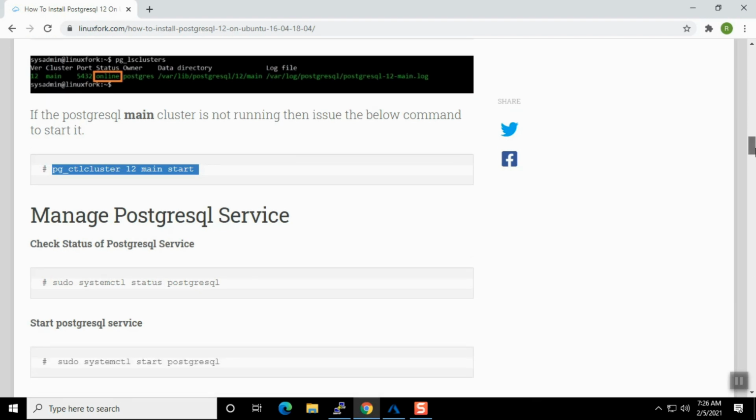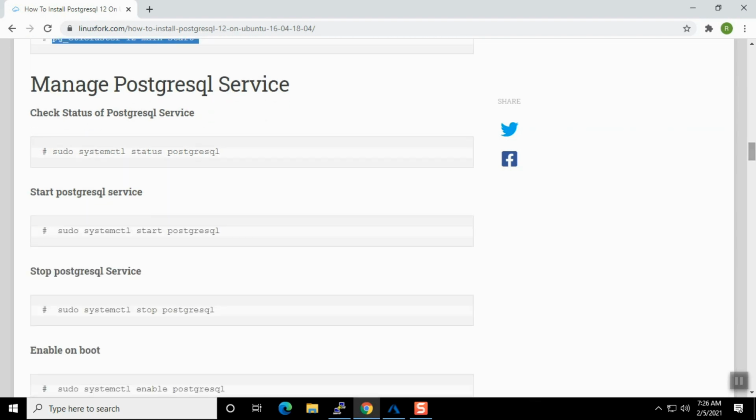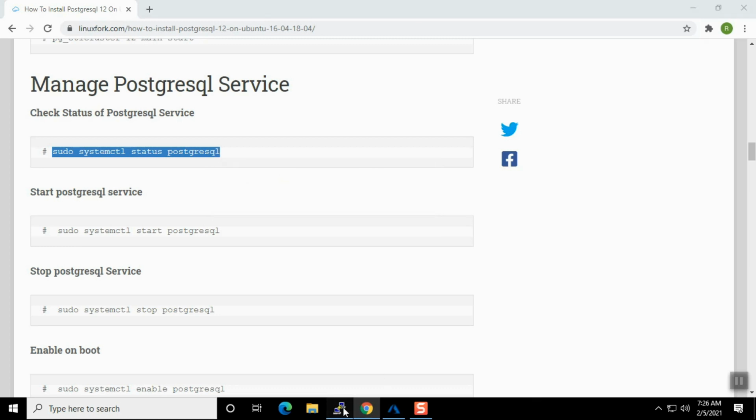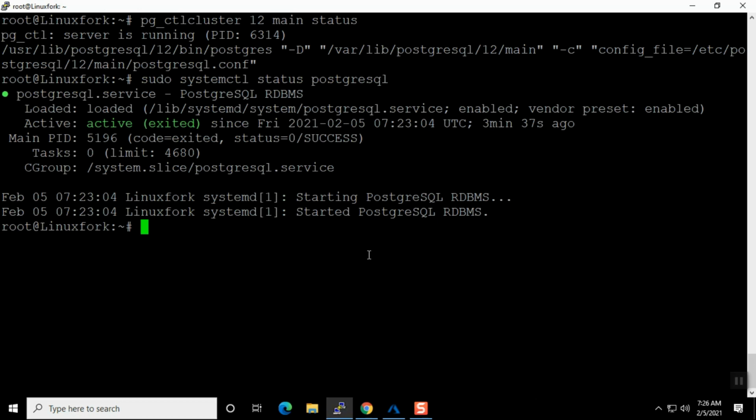In the next step I have written how to manage the Postgres service. Managing the Postgres service means how you are going to stop it, start it, enable it. These are the commands. If you want to check the status, you just perform sudo systemctl status postgresql. Just copy and paste, and it will show your status. Similarly, if you want to start, you just put start here and it will start again. If you want to enable it,